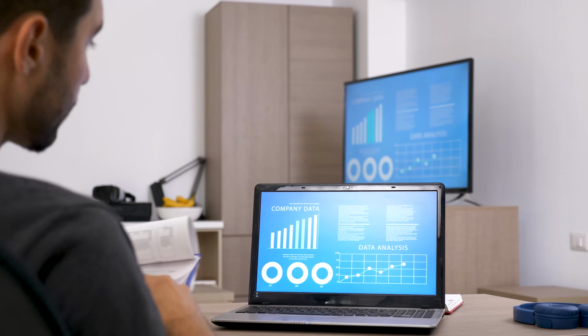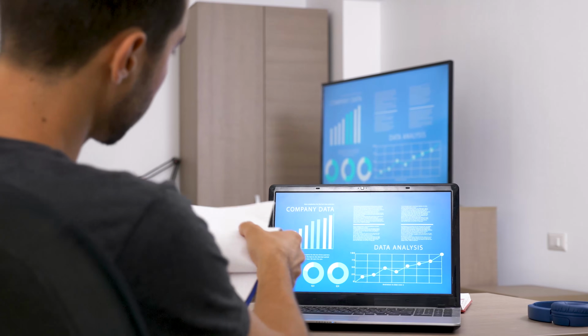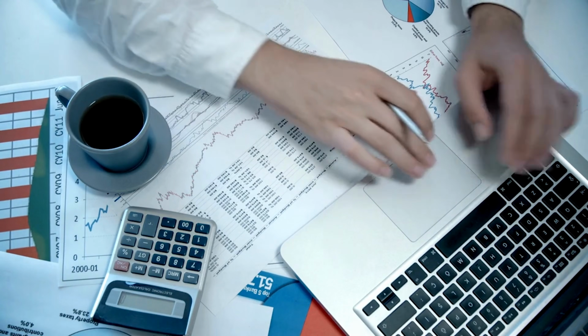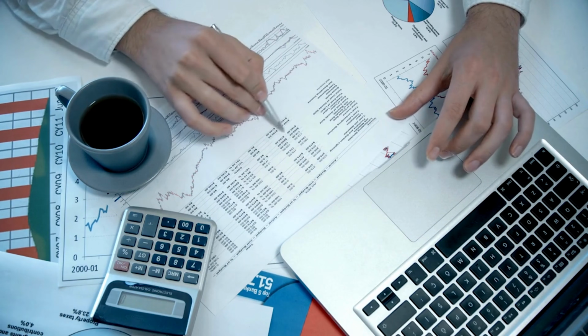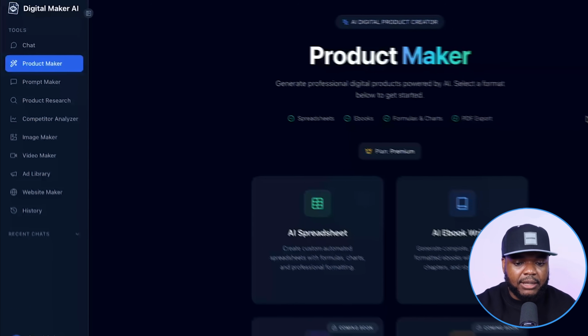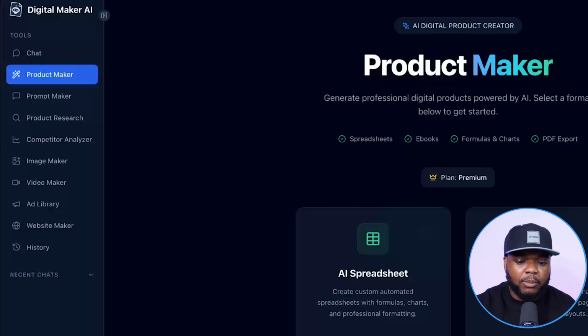And the thing that I like about digital products is that they're not really difficult to make as long as you know how to do it in the most effective way. Once you've got the traffic dialed in, you're consistent, you know exactly what type of content you're making, being able to produce digital products that you can now sell on your channel is not going to be difficult once you know how everything works. And what I mean by that is if I just jump back onto Digital Maker AI,